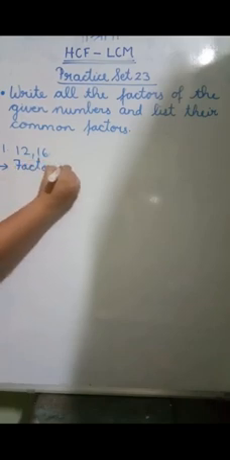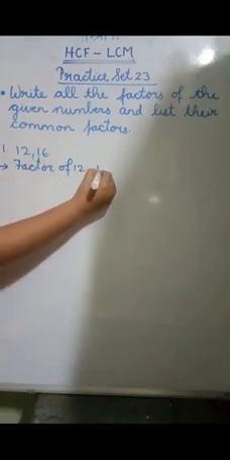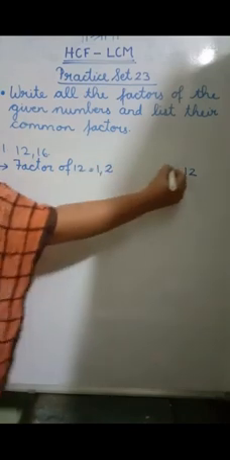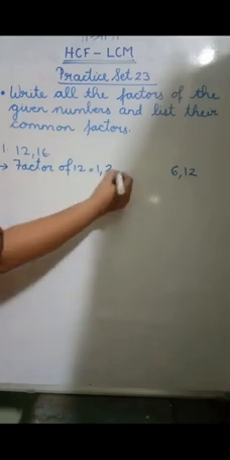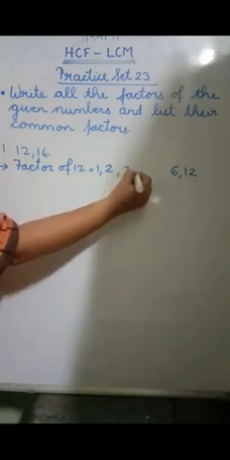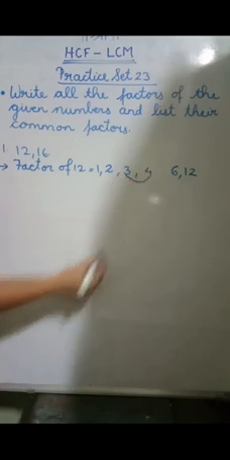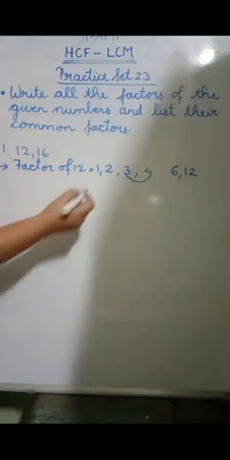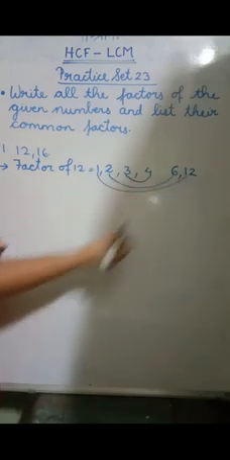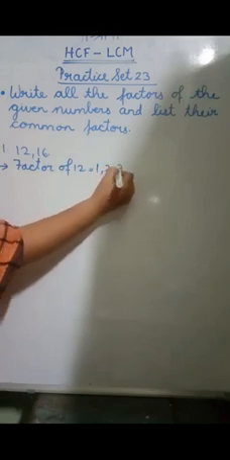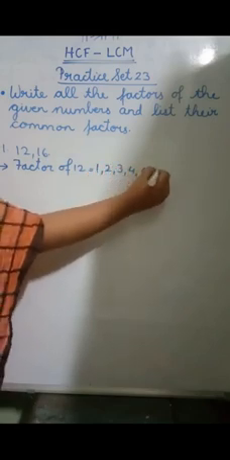First we are going to write the factors of 12. It will come in the 1 table and the 12 table. Next, will it come in the 2 table? Yes, children, we know 2 sixes are 12. Next, the 3 table, will it come? Yes, 3 fours are 12. Now, did we get a pair next, side by side? So the factors are stopped. See here, 2 sixes are 12 and 1 twelve is 12. So the factors are stopped here. How can we write this? 1, 2, 3, 4, 6 and 12.